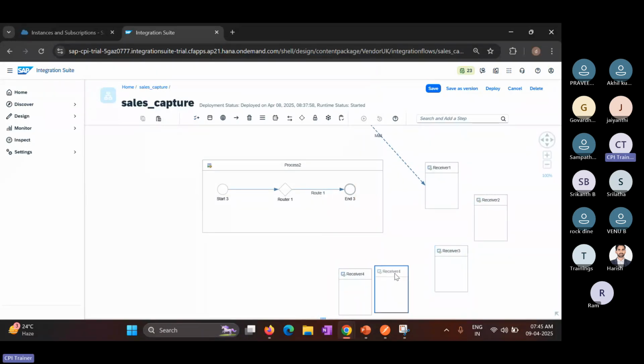In real time, we will follow these steps. We have the 3 receiver concept, so what we will do is add one router condition in between these 3. I'll tell you what a router is and how it works. We have the palette option, we can discuss it. So what I'm doing is I'm adding